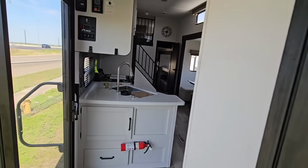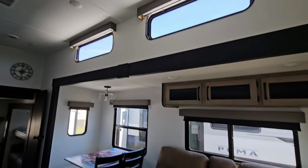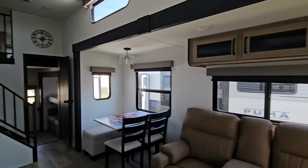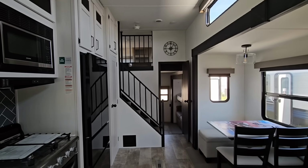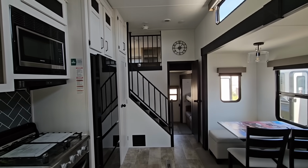This is a really well thought out RV, and when you think about it from what's lacking, in some ways you might say, yeah, it doesn't have as many windows as some units, but it's not going to let in nearly as much heat, which is also really nice. It may not have as many lofts, but you get more privacy in the master bedroom. You don't have to worry about kids making a bunch of noise above you. You know, you may not have